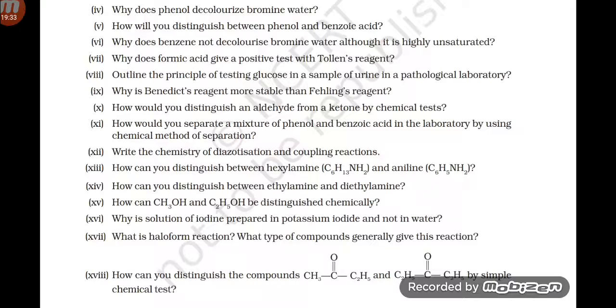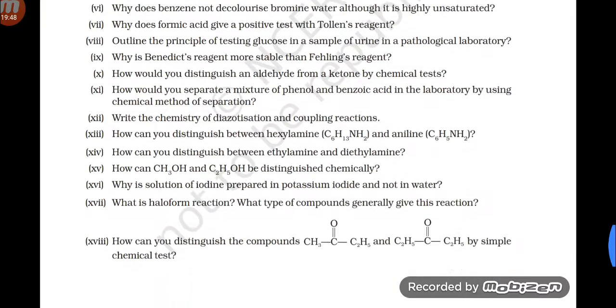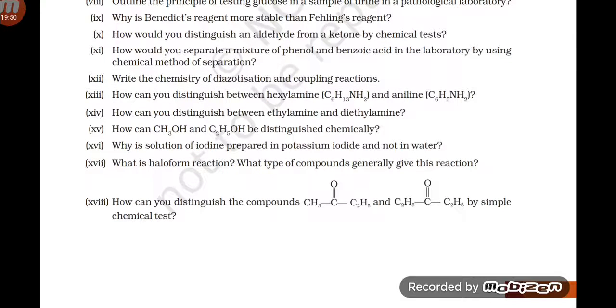Okay. So how can you distinguish between ethylamine and diethylamine? How can this and this be distinguished chemically? Why is the solution of iodine prepared in potassium iodide and not in water? What is haloform reaction? What type of compounds generally give this reaction? And how can I distinguish the compounds this and this by simple chemical tests? So